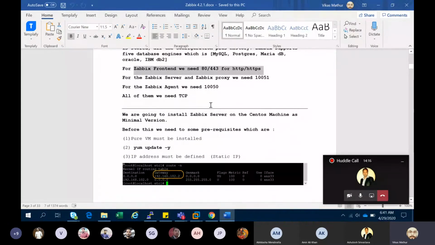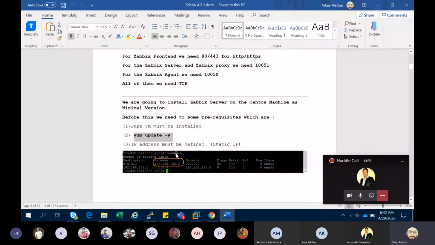Now, what are the prerequisites necessary when creating Zabbix? We need a virtual machine which is pure in nature, meaning a completely fresh installation with no packages installed. You need to update, and after updating your whole package, restart your machine.